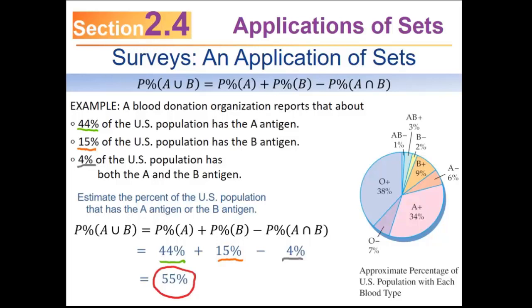Now, I'm a big proponent, especially on a test, of having a second way to check your answer. Because they gave you the pie chart, you could check your answer by doing it in the pie chart and see if you get the same thing. So we're trying to count the people that have either A or B or both. So if you just look at that,